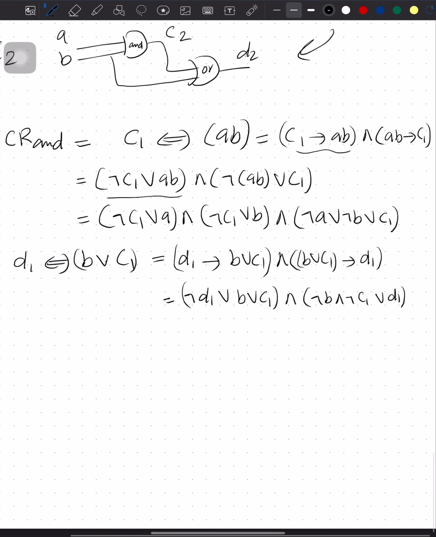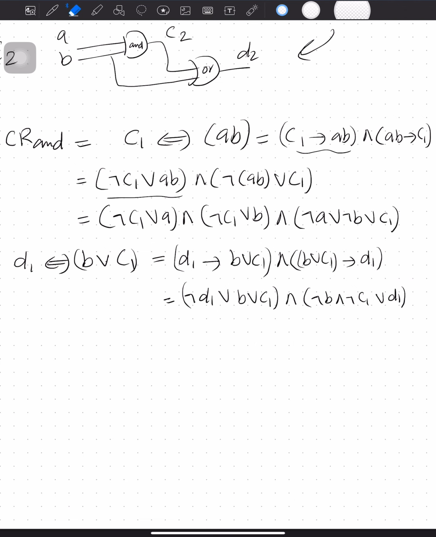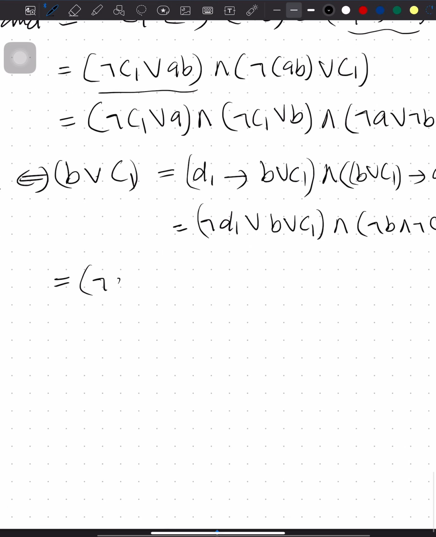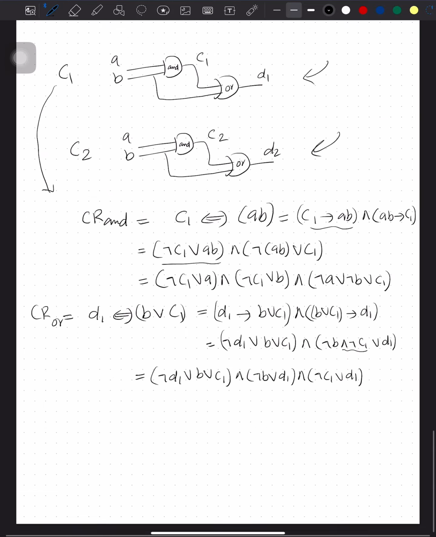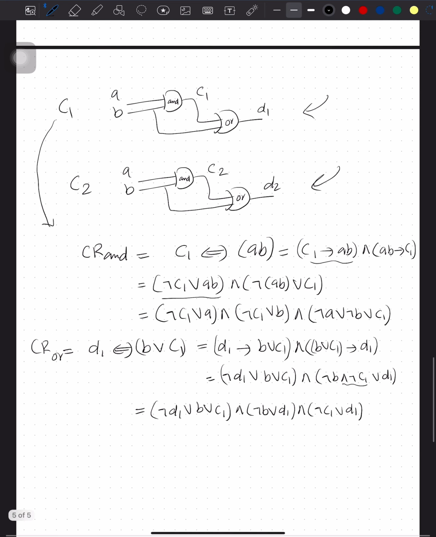And then we can further simplify this. I'm just gonna use more space. The first one is already in CNF form, not D1 or B or C1, and then not B. I'm just gonna move this to the next part. So not B or D1 and not C1 or D1. Let me just double check. Not C1 or D1, not B or D1. Perfect. So now I have the characteristic relationship for